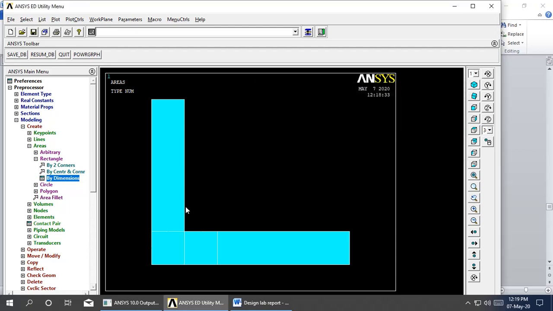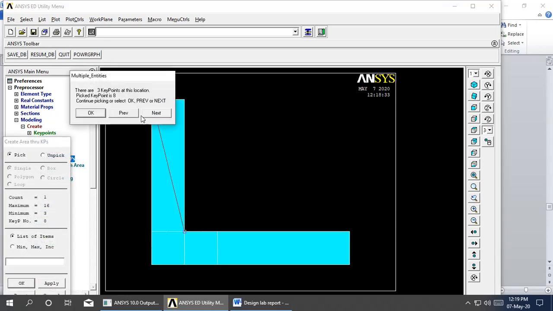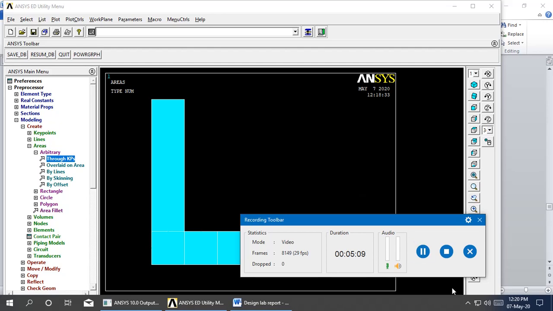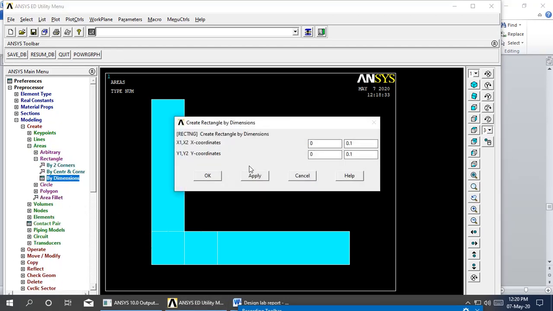Lastly I need to create a glue over here. For that, create areas, arbitrary through key points. We will create the area once again, rectangle, dimensions 0, 0.1 and y coordinate 0.2.